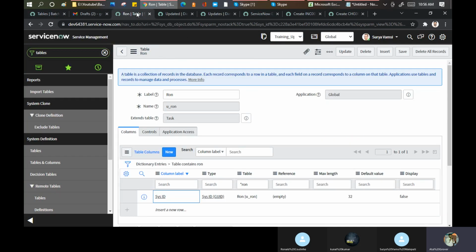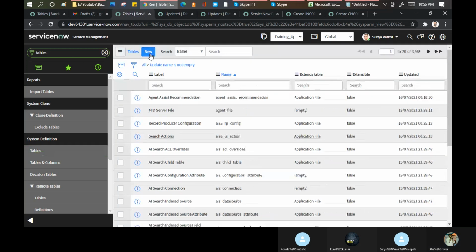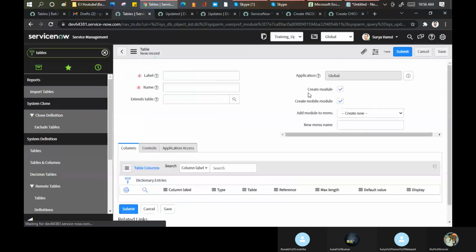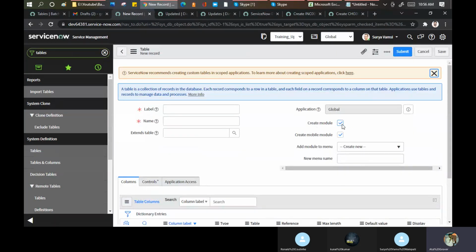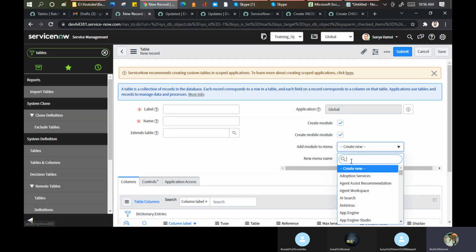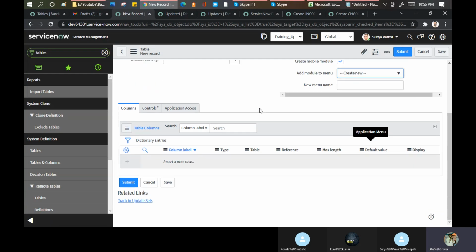You can create one or two tables with or without extending, and try these options. I'll show you. Try this option. If you remove this, what will happen? If you put a new field or do this, what will happen? Because it's a PDI, you can do anything here.